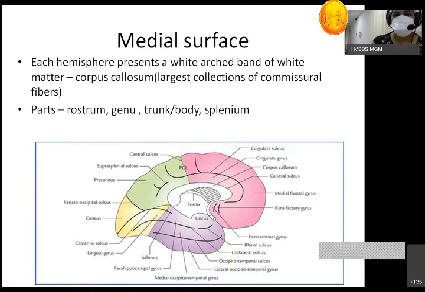Okay, in front of the central sulcus will be the frontal lobe. From the central sulcus to the parieto-occipital sulcus will be the parietal lobe. Behind this parieto-occipital sulcus, an imaginary line from the splenium to the pre-occipital notch will mark the occipital lobe, and below the third ventricle will be the temporal lobe.